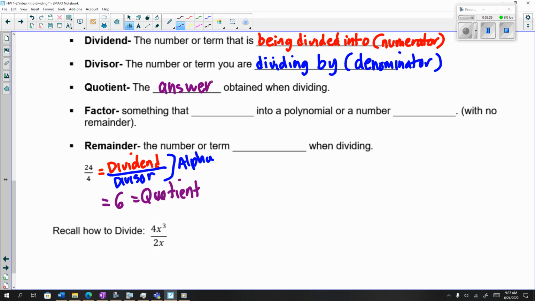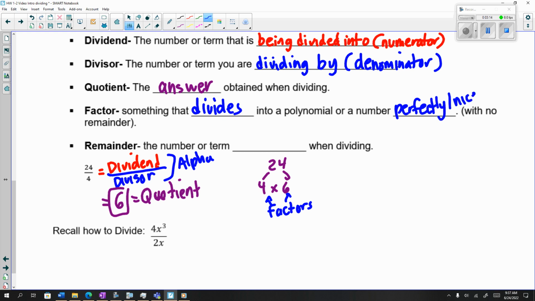Now, we're also going to talk about if something is a factor. So 24 divided by 4, it's nice. The answer is a nice number, 6. 6 goes in nicely into 24, and 4 goes into 24. Both 4 and 6 are called factors of 24. So 24 can be broken up into 4 times 6, right? So both of these are called factors of 24. So something that divides nicely into a polynomial or a number, I'm going to say perfectly,